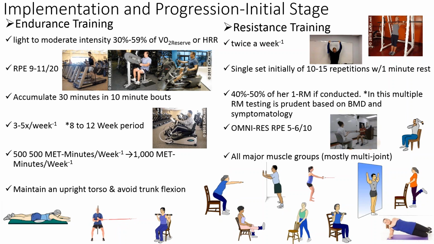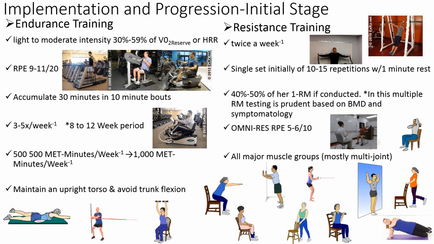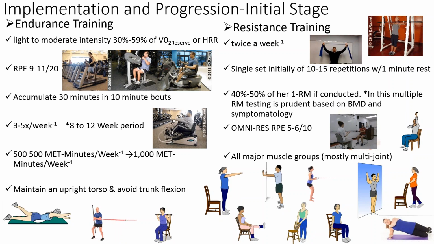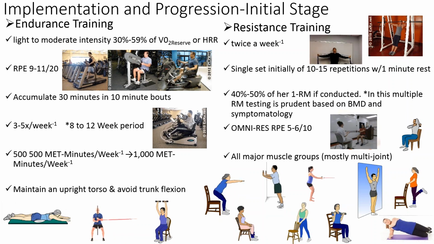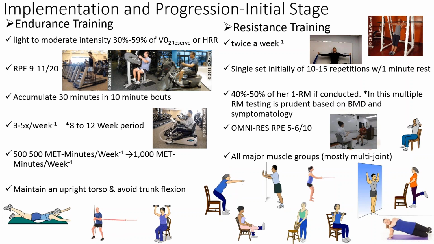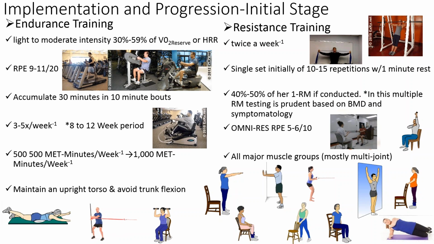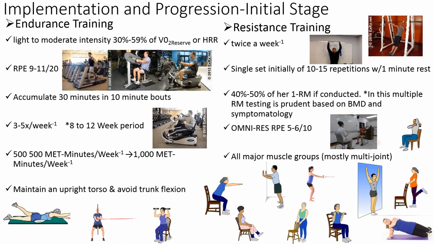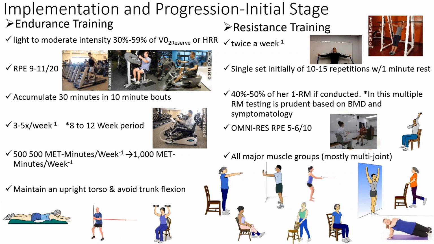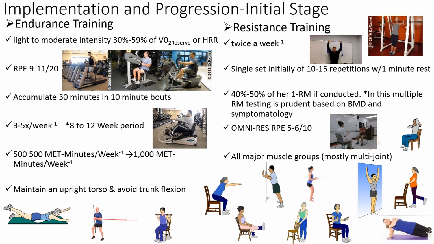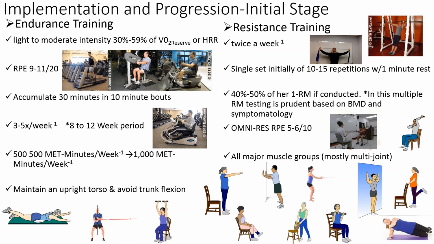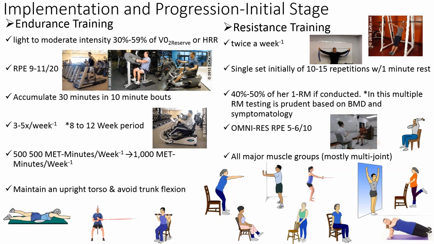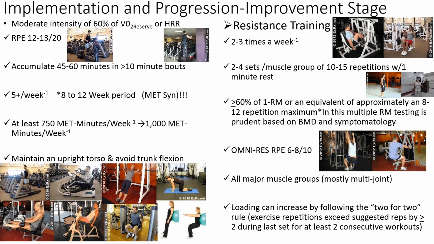So you're seeing some representations of activities that would address both her aerobic needs and her low back pain and directional preferences, and her postural needs. These exercises are going to address her osteopenia, her need to improve her strength and her power and her balance and her overall control. And these will set the platform for the next level of training, which we'll see on the next slide. So in the improvement stages,